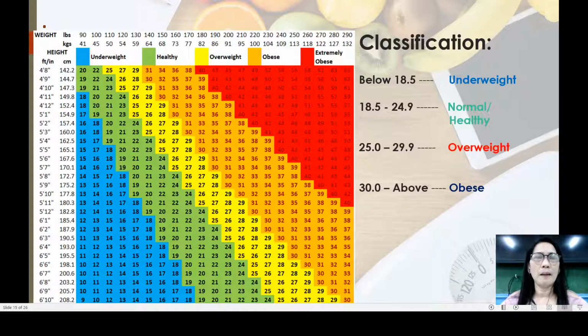So I hope wala pa extremely obese sa inyo or obese. So, as of now, you must manage your weight hanggat bata kayo para kasi kung medyo may edad na kayo or baka hindi na nga kayo tumanda, mas mahirap pong mag-manage ng weight. Okay po? Kasi magkakasakit kayo if you don't manage your weight. Okay?